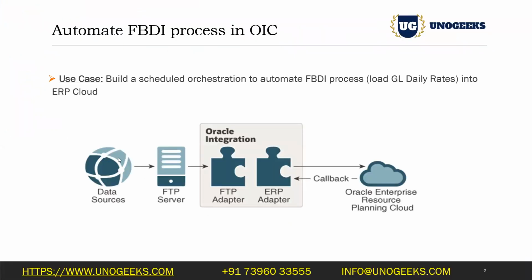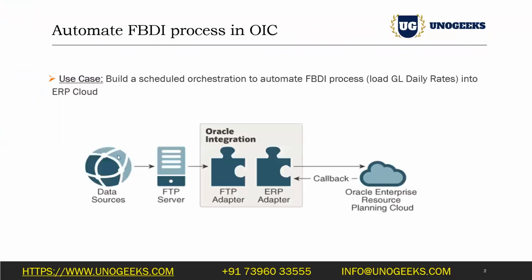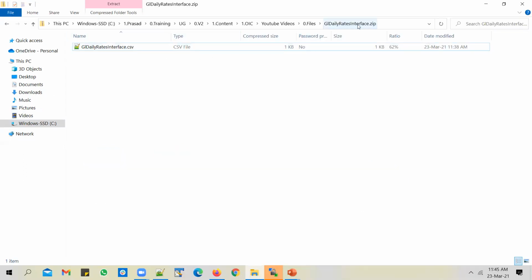In most scenarios, we will ask the data source itself to prepare a properties file as well, because the content of the properties file will depend on the actual file content. If it's a journal file, depending on what ledger journals are included as part of that data file, that ledger needs to be included in the properties file as a parameter, right? Since the content of the properties file changes with the data file content itself, we usually ask the data source to prepare a properties file as well and include it in the zip file.